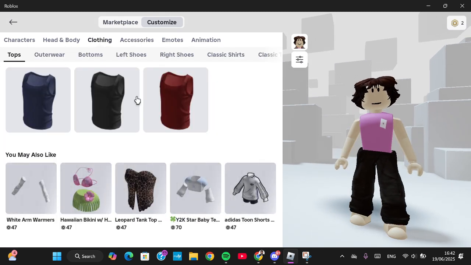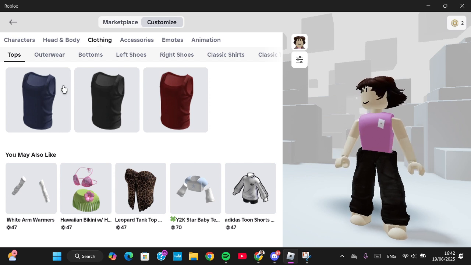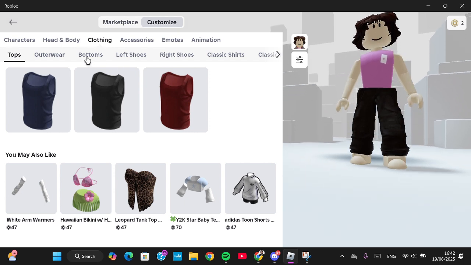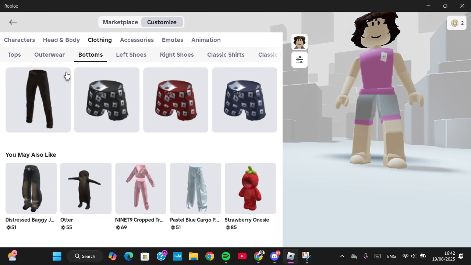And the clothing, okay, I think I already removed all the clothes, but wait, I'm going to go to the bottoms. Okay, and let me remove this one. Alright,